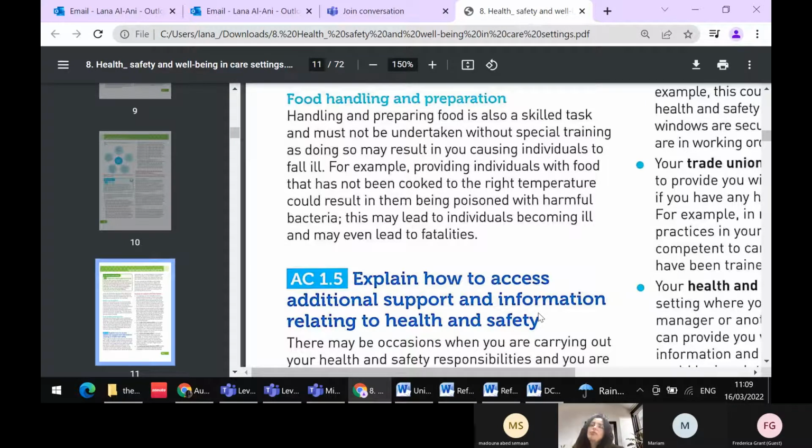If, for example, you go and help people in their houses, you need proper training. You need to know what the temperature is for cooked food. For example, if you cook chicken for the people, you need to know: is it cooked, is it not, how to do it. You need to know what the temperature is for that. Is it boiling? Otherwise it's very harmful for the people. It could be fatal, it could kill them.